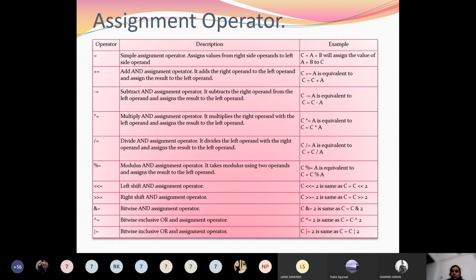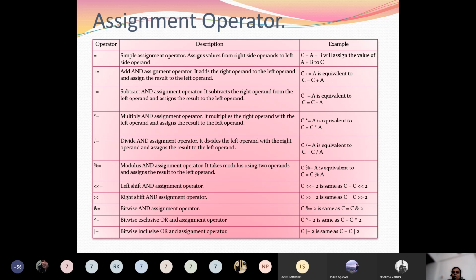Now when I write C minus equal to A, from C's previous value, which was 8, A will be subtracted. A's value is 4, so now it becomes again C equal to 4. So before equal to you have to put the operator. You have to add the operator ahead of equal to. So it will perform that operation and then it will assign the value. For example, asterisk equal to: C asterisk equal to A means it will perform C into A and then the multiplication value it will again assign to C.